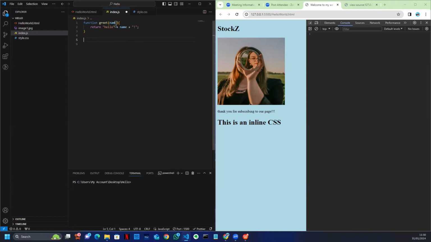Yeah, exactly. So we don't know what the name is. We same way we did the example, the same way we use message before, we just use it like a variable. We display that as a variable, so we need to add something into name. So we can use let